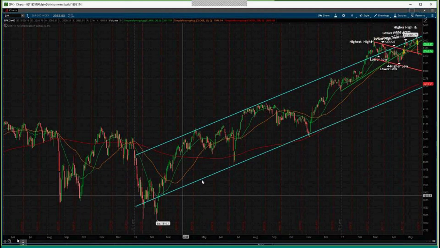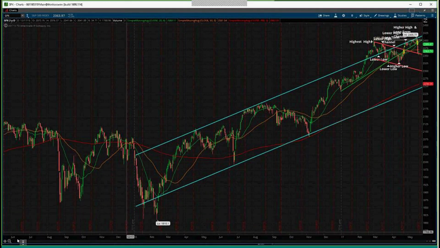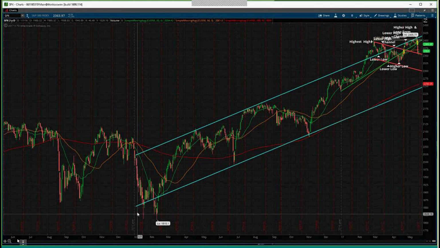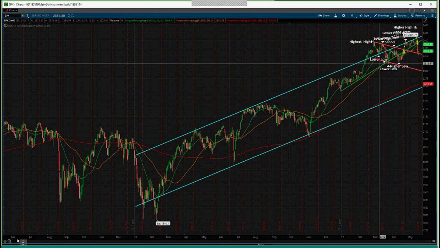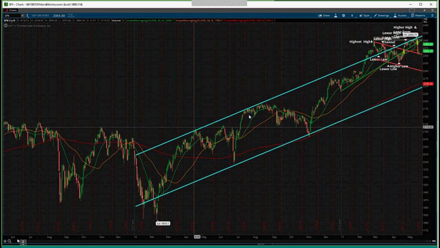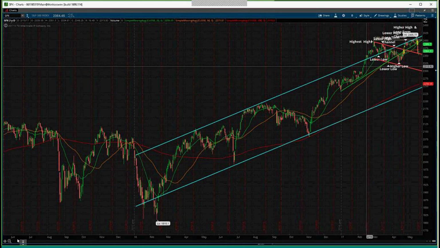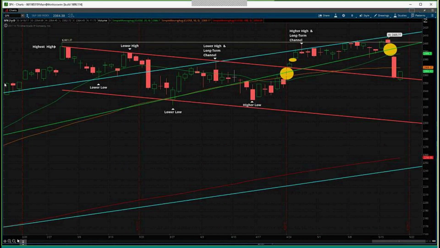Okay, here was the upward channel going back to the beginning of 2016. You can see quite clearly that we had this upward channel that was relatively well defined. What ended up happening this year, when we ended up moving up, is we had what is known